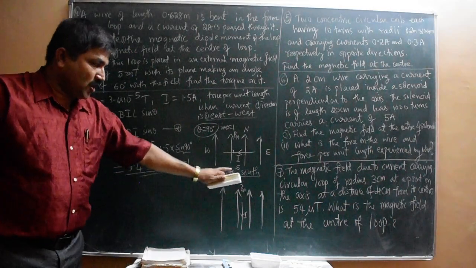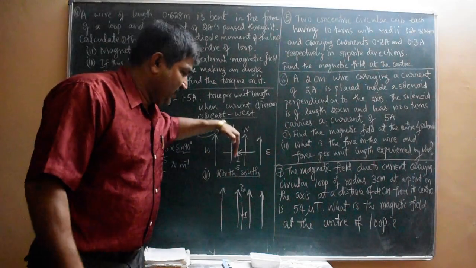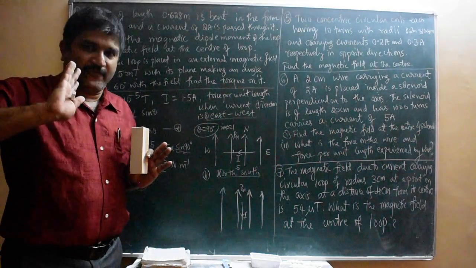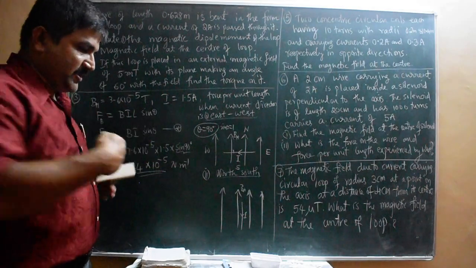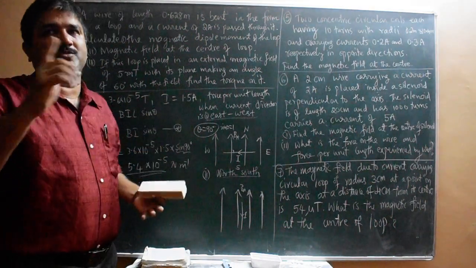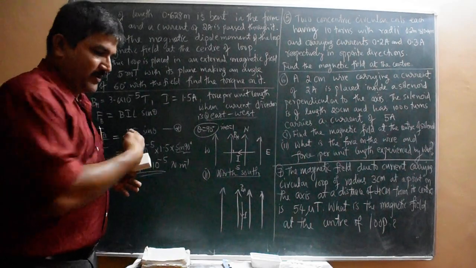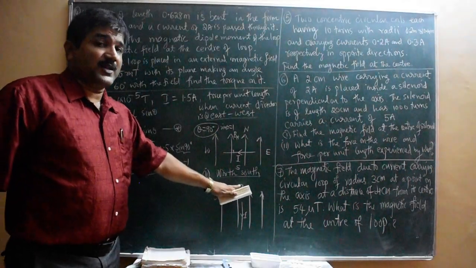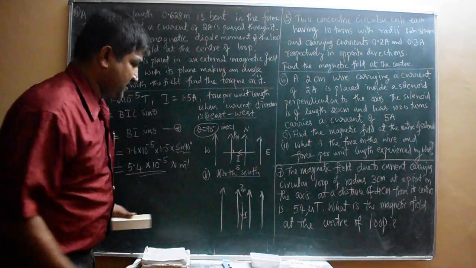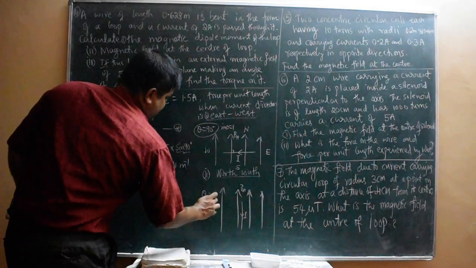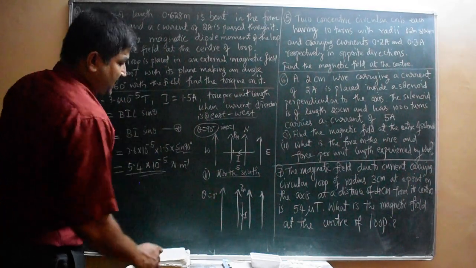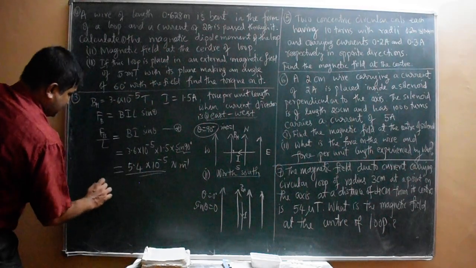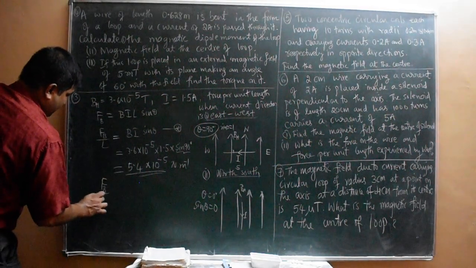Now in the second case, north-south direction. Current is going from north to south in the conductor. Assume the conductor is placed this way, north to south direction, current is flowing from north towards south like this. Whereas the magnetic field of Earth is also in north-south direction. So theta in this case will be 0 degree. So when theta is 0, sin theta value is 0. So force per unit length in this case, FB by L.